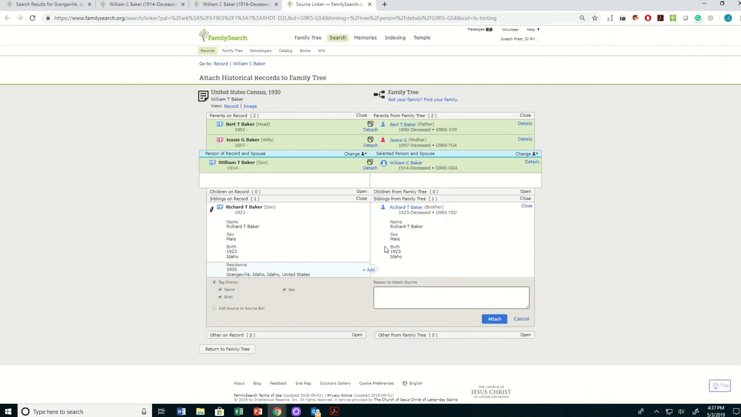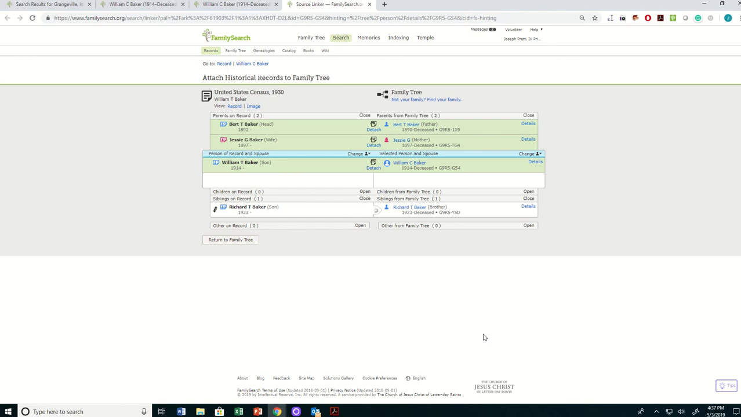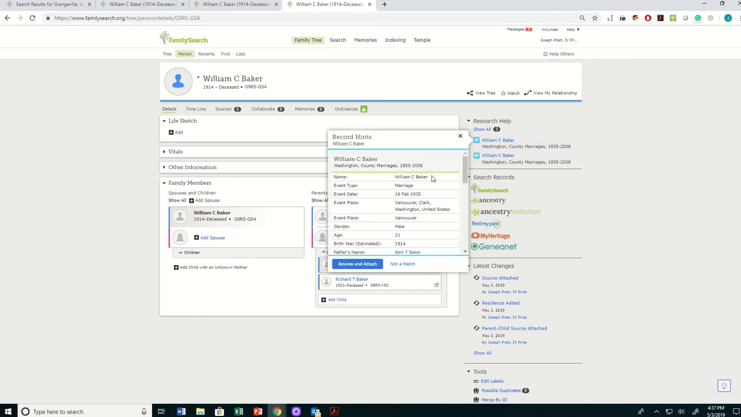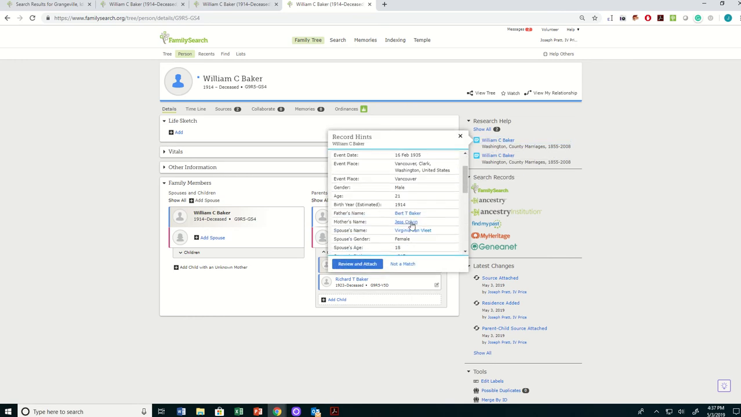But for now, I'm going to use this as a clue so I can find additional records for this family. So now that I have this other record, you can see I have a marriage record. Let's take a look at that marriage record. Notice here his father's name is Bert Baker, and his mother's name is Jess Colvin, and his wife is